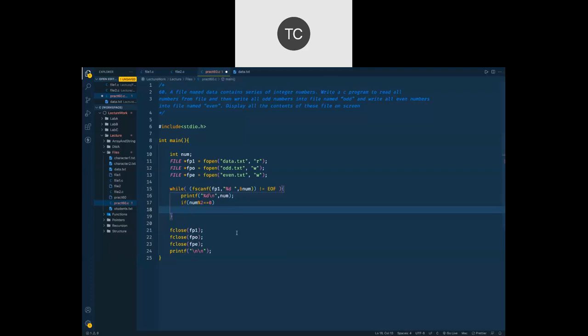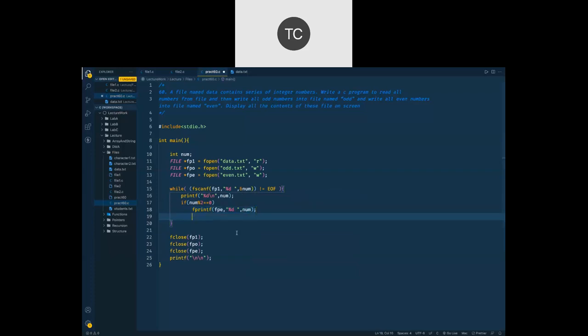If it is 0, then it is going to be the even number, and we are going to write it inside fpe file pointer. So here it's gonna be fprintf, where the first parameter is going to be the file pointer fpe. How am I going to write it? So %d space, and what am I going to write? Number.